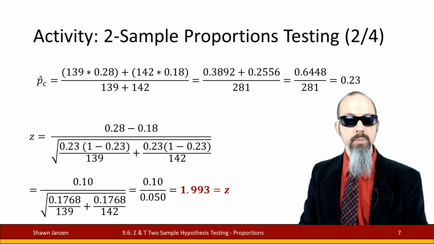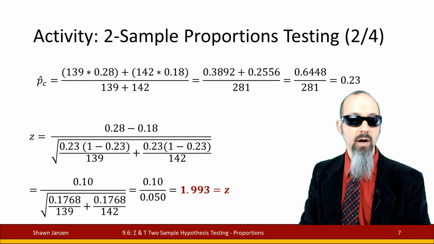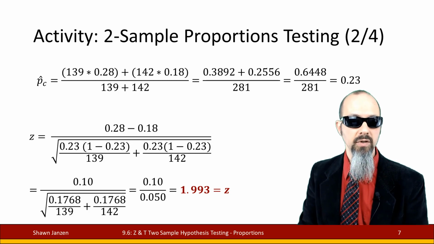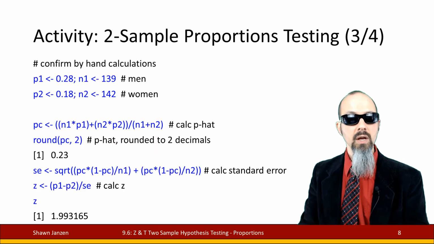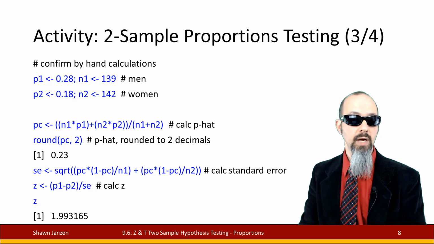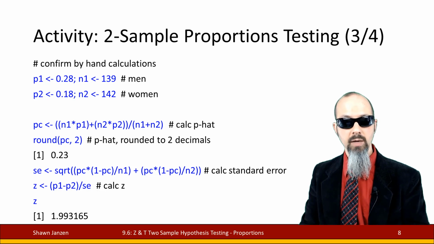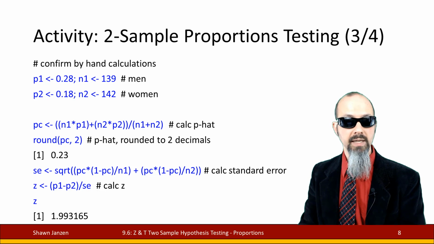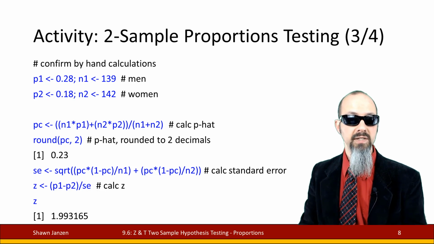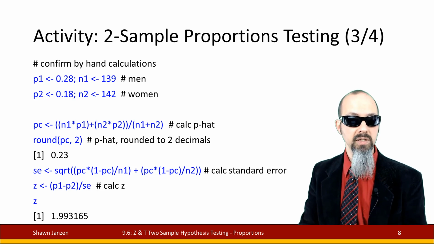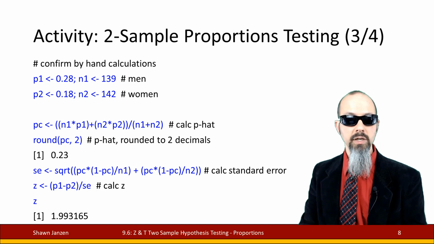Well, I just did this by hand, and if I want, I'm going to make R do it for me, just as a calculator version to confirm that I have my answers right. So on the screen, I'm showing you how I can quickly code each of the numerical values into an object: P1, P2, N1, N2, respectively. I use those, I recreate the formula that makes p hat sub c, and I identify it into an object I call PC. Then I can round PC to confirm that it was the 0.23, and then I've recreated the formula for the denominator, which is the standard error of the difference,